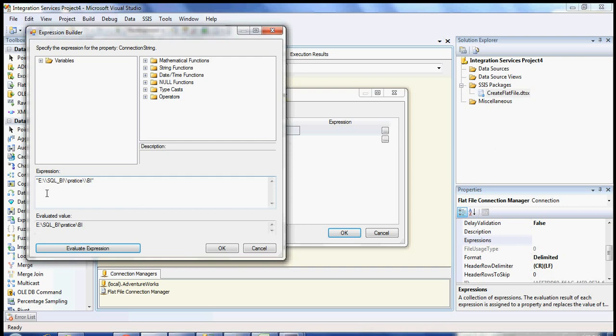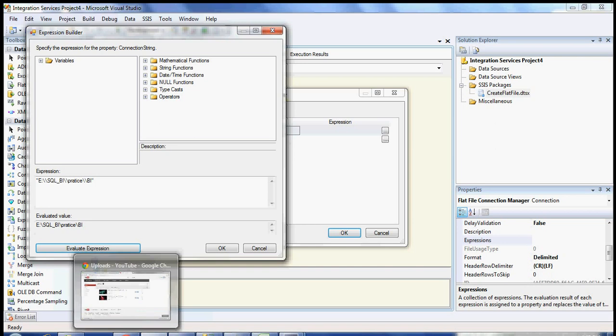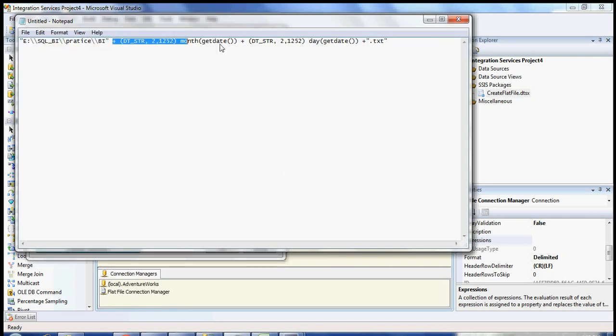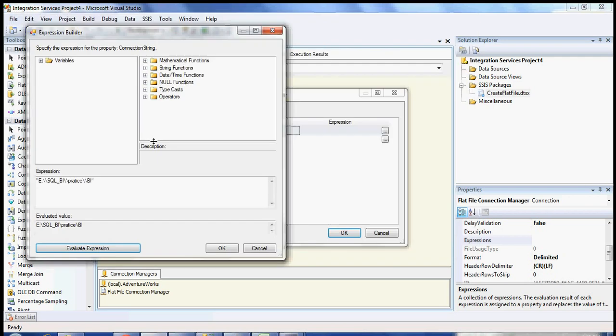Now I want to append the date to it. So you need to remember to put double quotes and a double slash in the path. Once I have this, I need a date part to append to it. So I can copy this and paste it here.